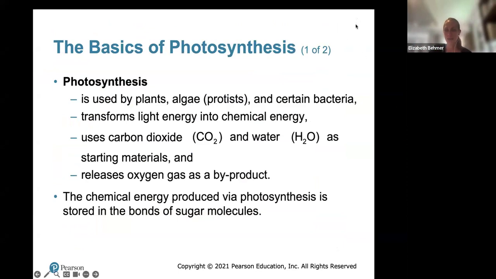And again, I'm only going to probably lecture on the first 10 slides. And if you get those first 10 slides down really well about the basics of photosynthesis, that's what I want you to focus on. So photosynthesis is used by plants, algae, and certain bacteria to transform light energy into chemical energy. It uses CO2 and water as starting materials and then gives oxygen gas off as a byproduct